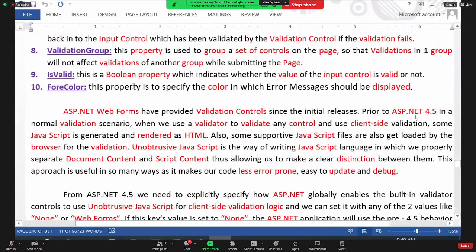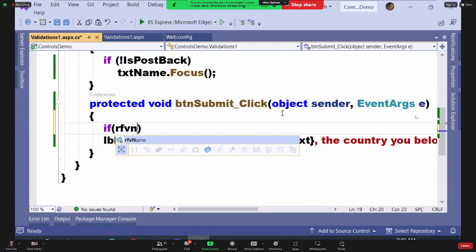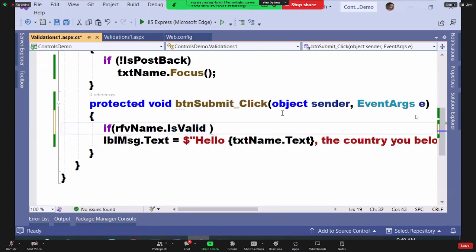IsValid is a Boolean property which indicates whether the value of the input control is valid or not. It means the server-side validation will return you a value now. What value? True or false. I want to check whether both these validation controls have successfully completed the task or not. How to check? What is the first validation control name? RFVName.IsValid